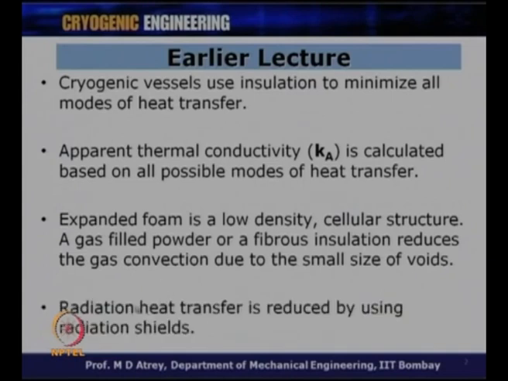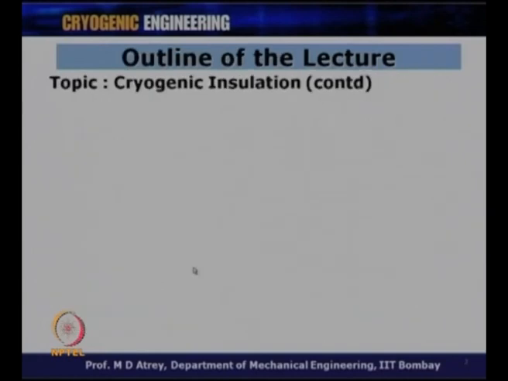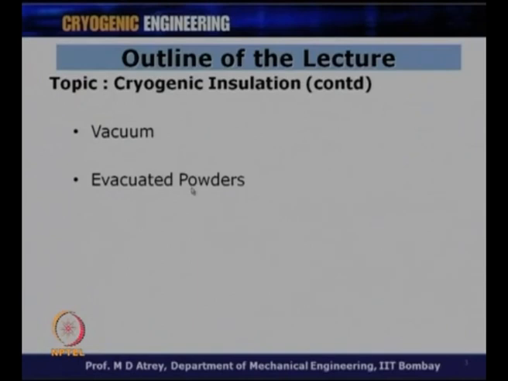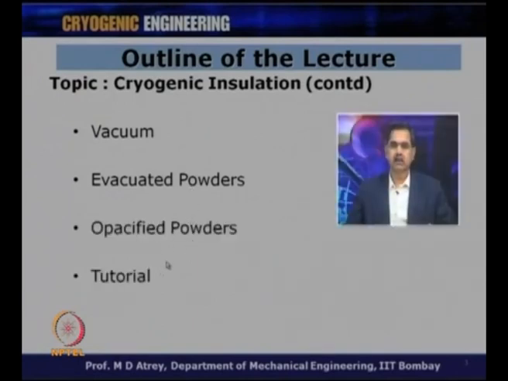We also found that radiation heat transfer is reduced by using radiation shields, and I had shown this with an example that if I put many shields, the radiation heat transfer gets reduced. Extending this further, the topic is cryogenic insulation, and what I am going to talk about in today's lecture is vacuum, evacuated powders, opacified powder, and we will have a small tutorial in order to compare the performances of these